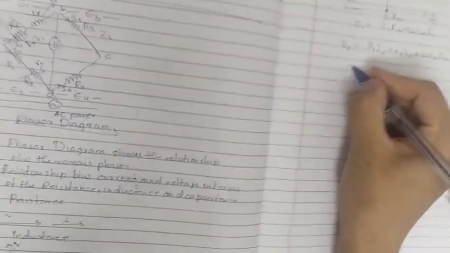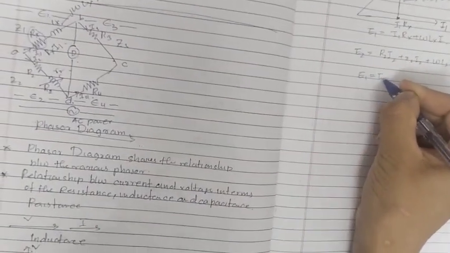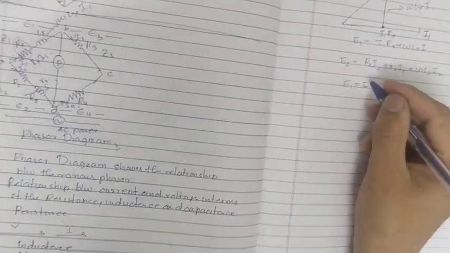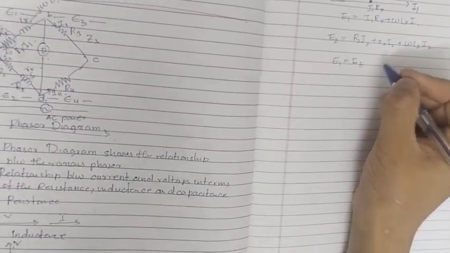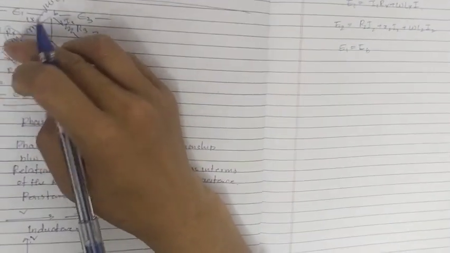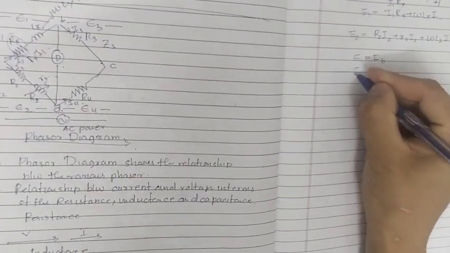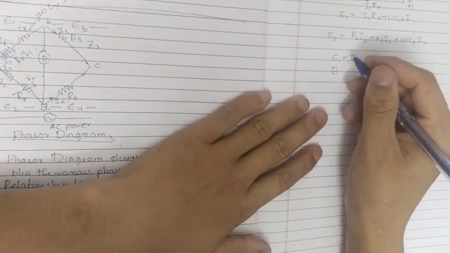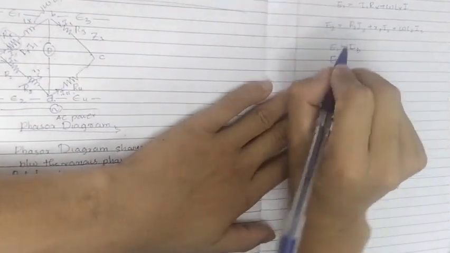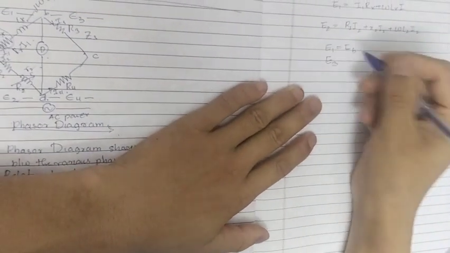That means E1, the voltage drop across the arm EB, will be equal to the voltage drop across the arm ED. Similarly, the voltage drop across the arm BC, E3, is given by